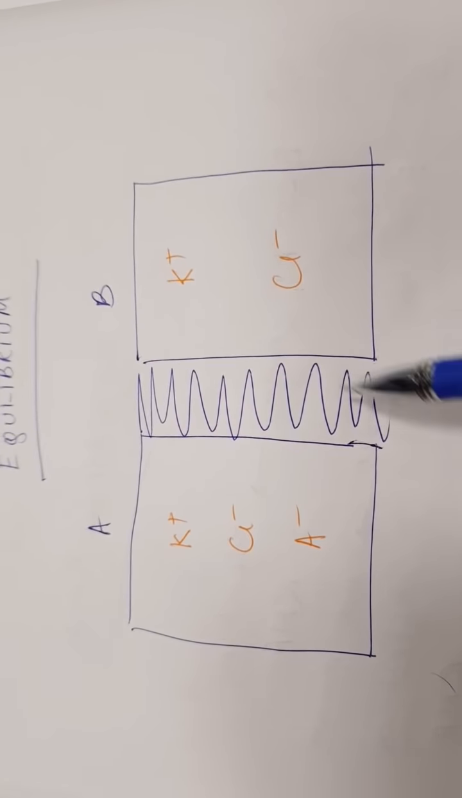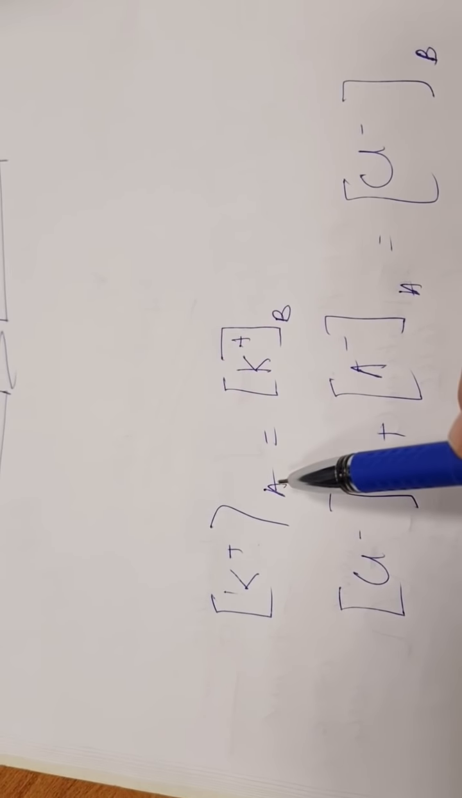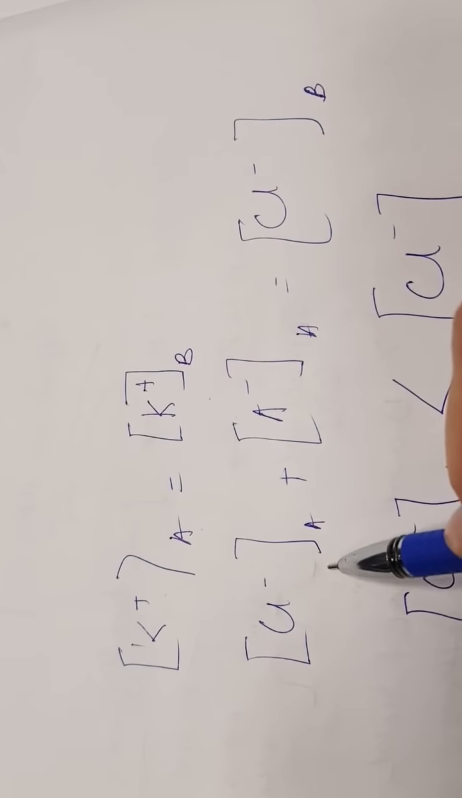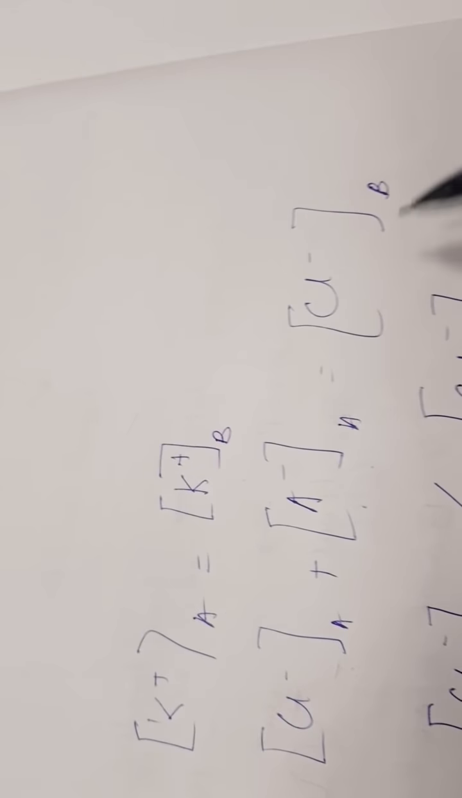Initially we assume that these two compartments are electrically neutral. So the sum of anions and cations in compartment A is equal to the sum of anions and cations in compartment B. So from this we can say that the potassium in compartment A is equal to the potassium in compartment B. Okay. But chloride in compartment A plus the anion in compartment A is equal to the chloride in compartment B,